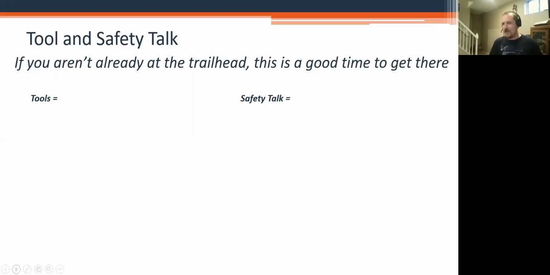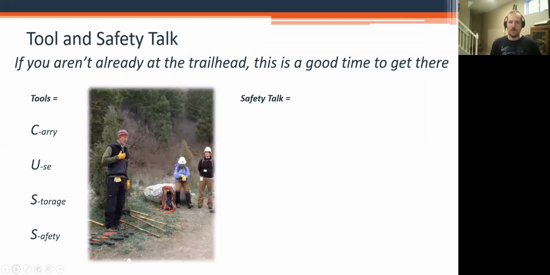Just kind of forget about doing this in the classroom if that was your habit. You've got an opportunity to model the right behavior on your way to the work site, and you can really cover it there. And then it's especially true if they've already gone through some of the prep work. So tools equals going through carry, use, safety, and storage, and making sure that you've discussed at least once each of the tools that you'll be using, and maybe modeling it once as the instructor with one tool and then going around the circle and having everybody else take a turn with a different tool.